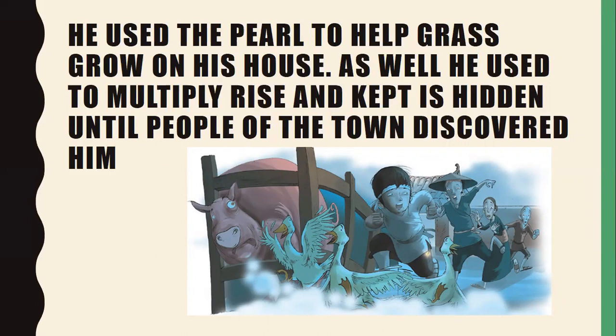So the people started asking, what is the problem with this house? What is the problem with this kid? Why is his house the only one with a lot of grass? And why is he the one that doesn't need to go to the market to buy rice? People were so curious about it that they started chasing Xiaolong.